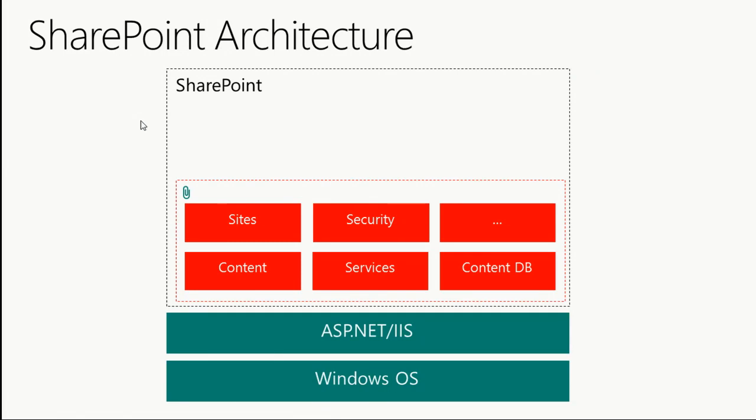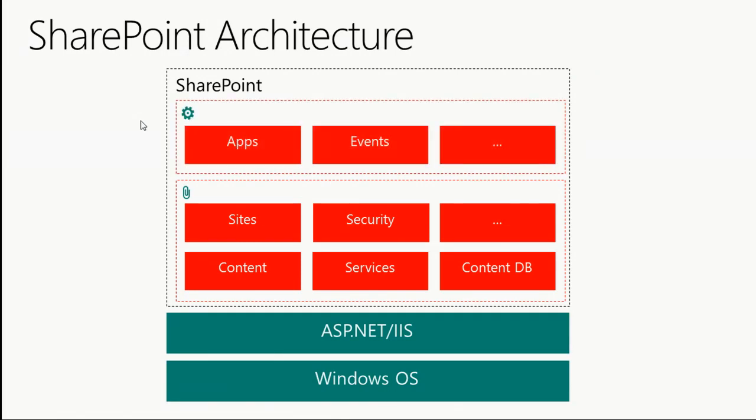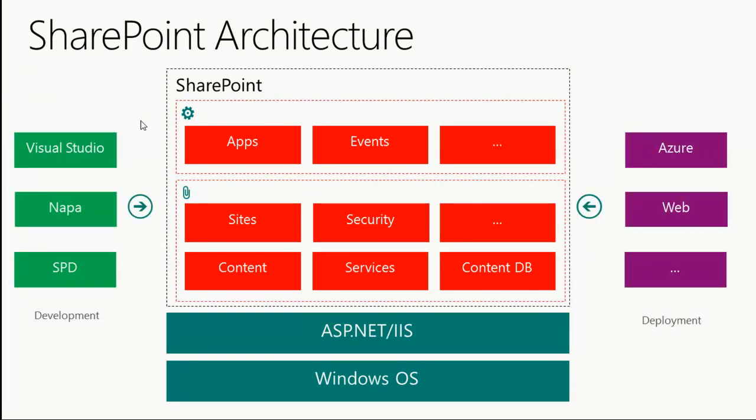And then above that, this is where you guys live. You are building apps on top of that. You are leveraging things like the list data, things like content and document library. You may access SP user, which is a particular user on a site. Then on the left and right-hand side of this, you have tools. You're going to live in a certain set of tools, developing and deploying on top of, or, you know, with the new app model. And then on the other side, you'll have places where you will deploy these apps. Okay? Does that give you a fairly high-level understanding? I show you, then kind of give you the boxes. Everybody understanding here? Cool. Boxes are good.